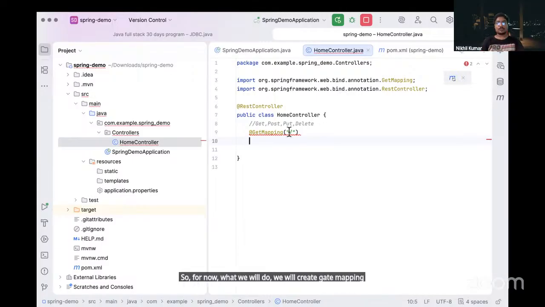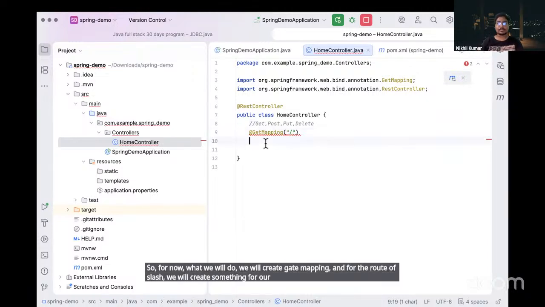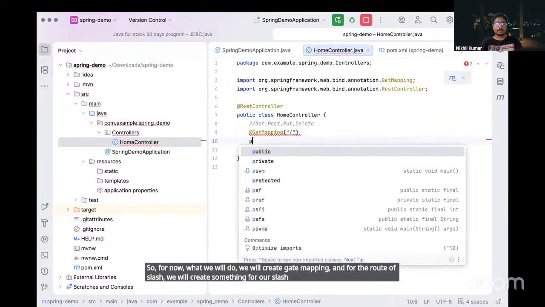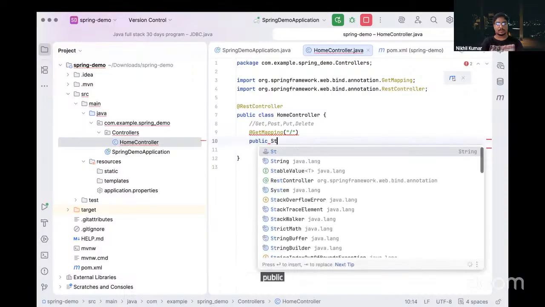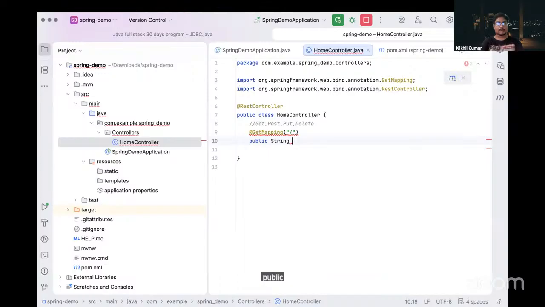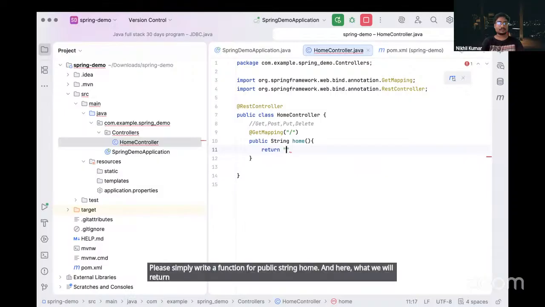For the route of slash, we will write a function, public string home, and here we will return a string.